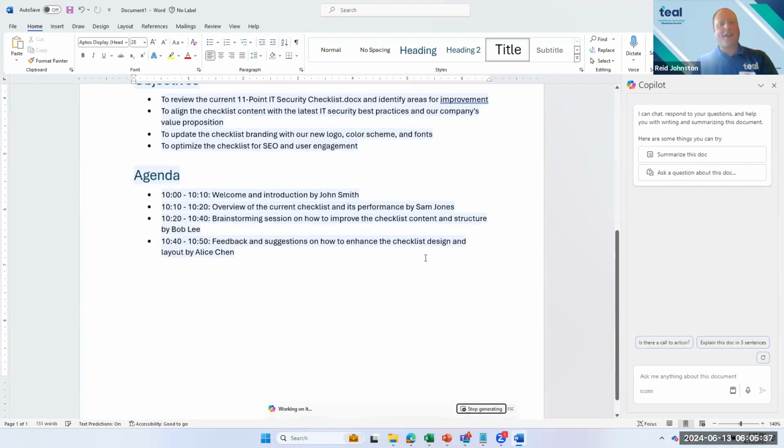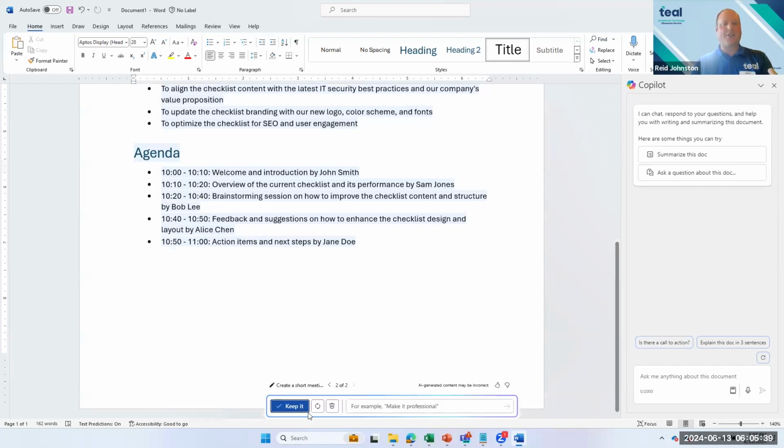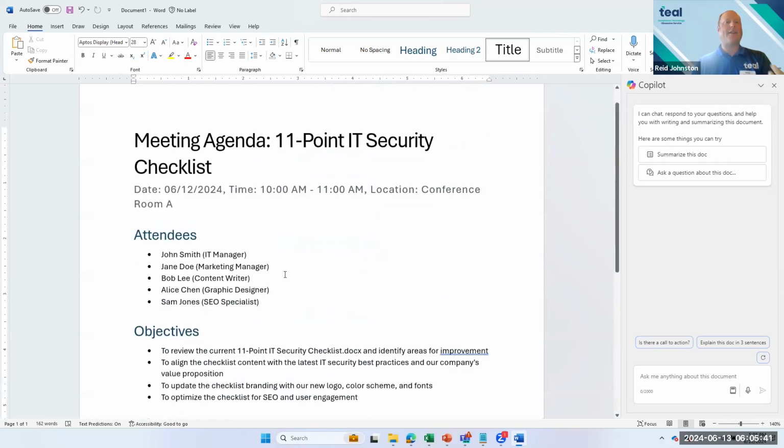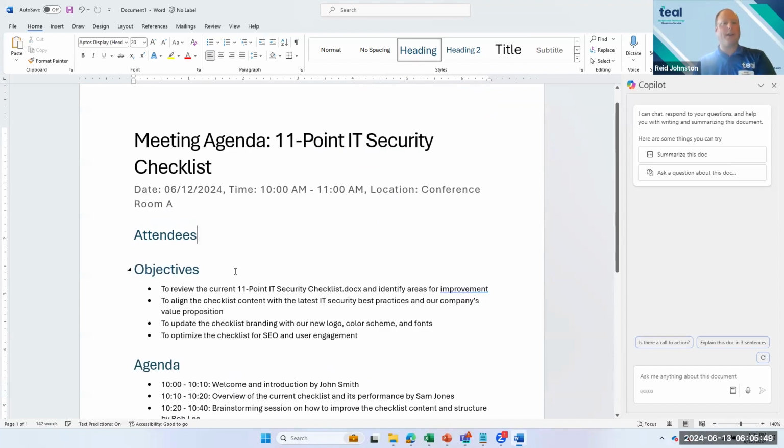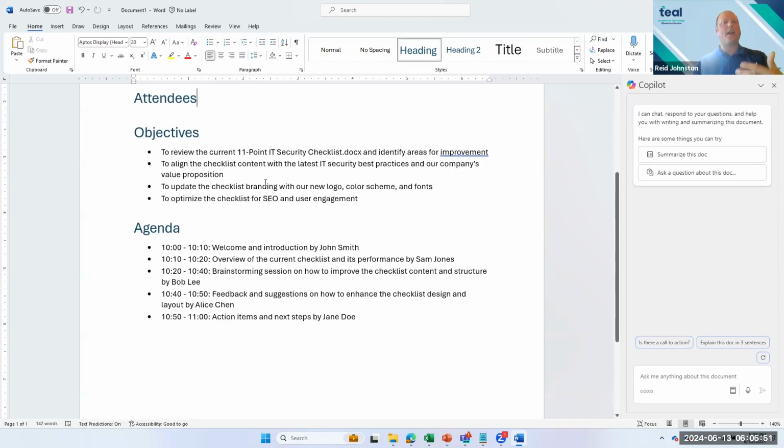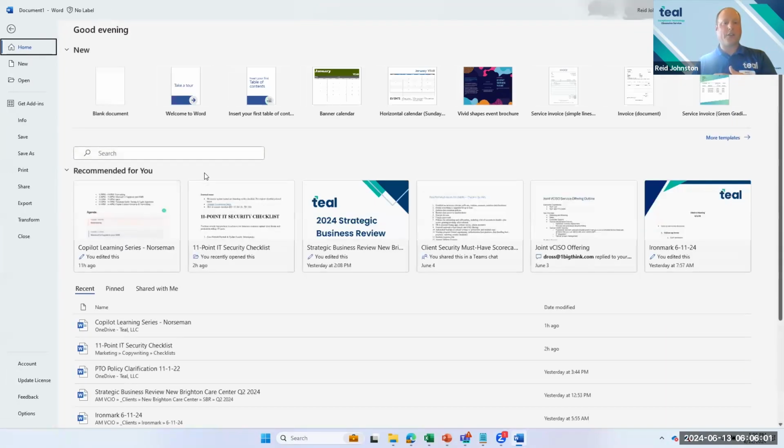It'll give me this draft, and then if I like it, I can say keep it, and now I have a document that I can work with that very quickly I can modify. I don't know who these attendees are. I'm going to remove those, but now I've got sections that I can use for a meeting agenda. So that's pretty useful. I'm going to also open up that 11-point security checklist again,